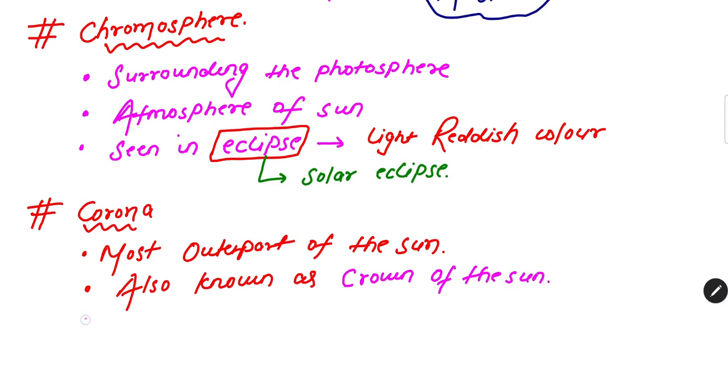And the last point that we have: it is also visible to the naked eye, but not always, only in a complete solar eclipse. So this is all about